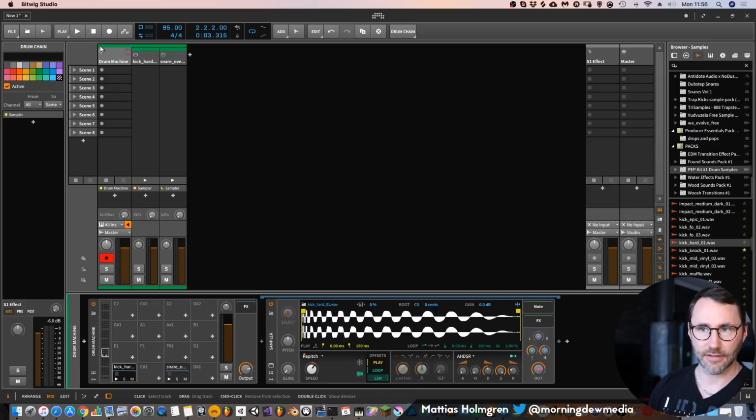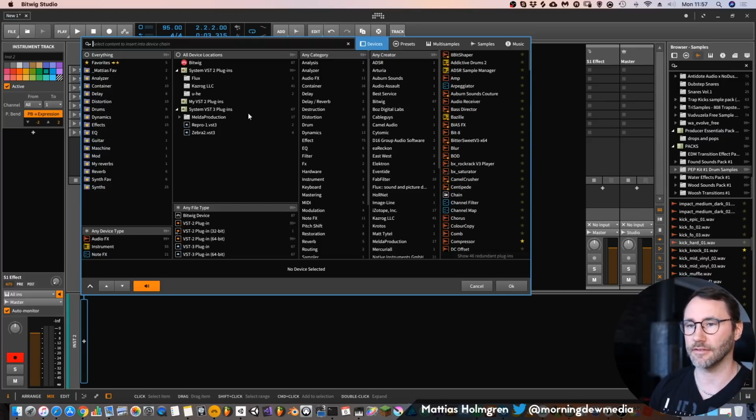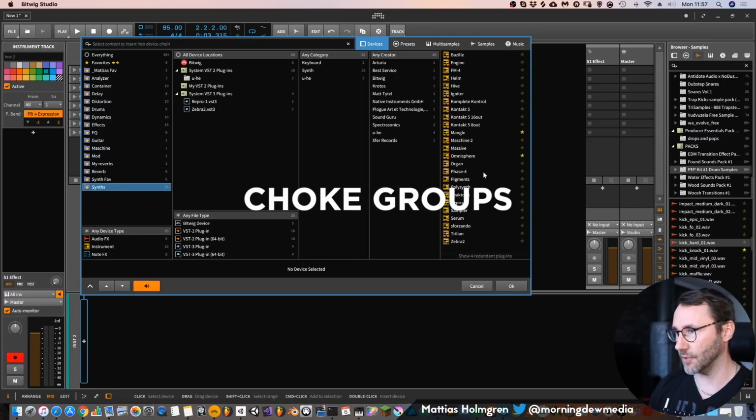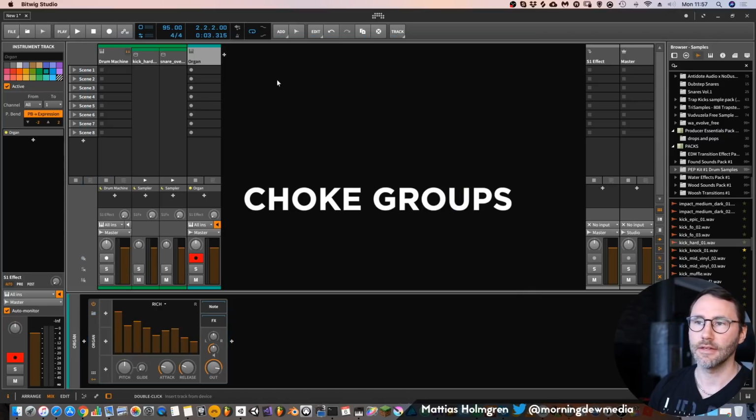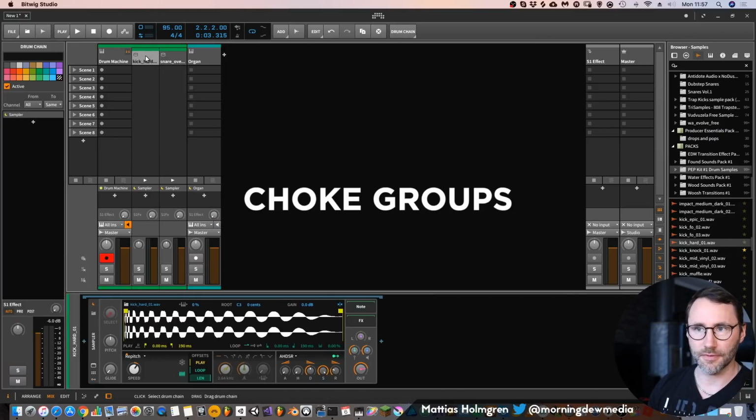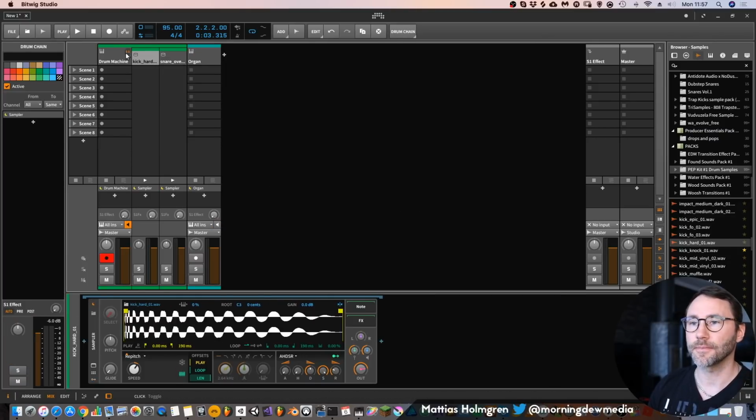And you can also see this green line above here, that says that all these channels are contained within this drum machine. So that's a good way to see how things are routed. Because if we add, say, an organ here, you can see that has its own color at the top here. So these are all subgroups of our drum machine.